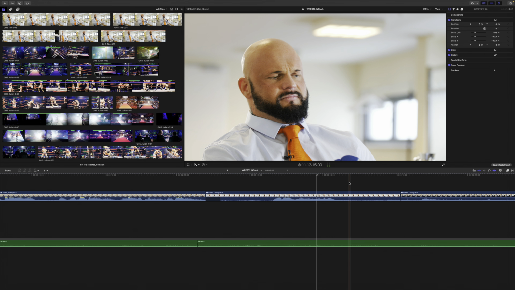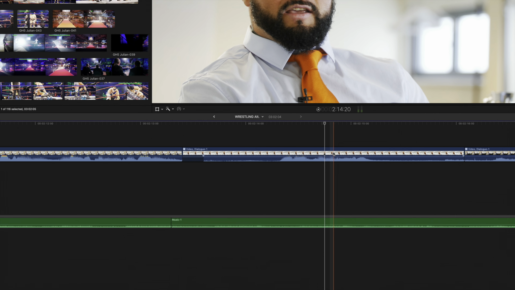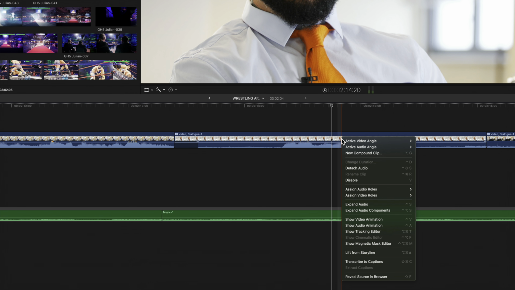Another small oversight that I noticed with Final Cut Pro 11 when the magnetic mask was introduced was the fact that if you right-clicked a clip to show one of the 3 editors, Tracker, Cinematic, or Magnetic Mask, the Magnetic Mask editor was the only one missing a shortcut. Well, that has changed too. The shortcut for showing the Magnetic Mask editor is